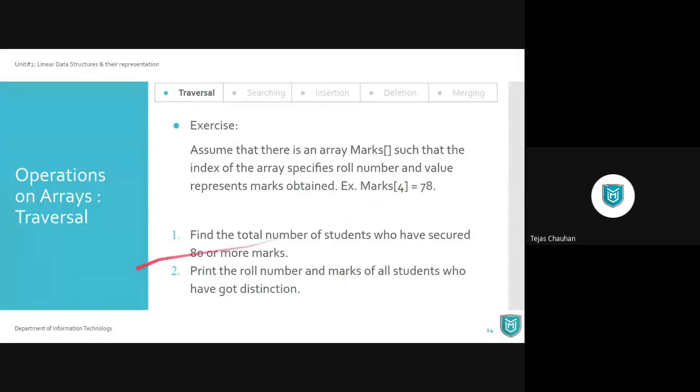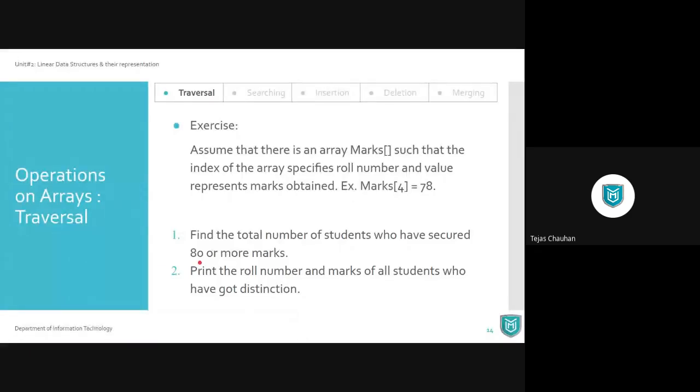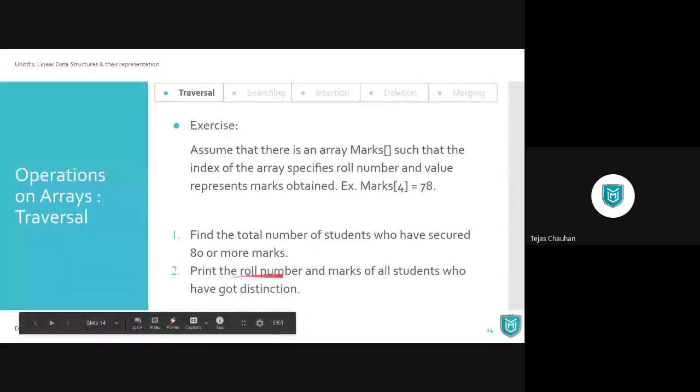Now you need to perform these two tasks. First, find the total number of students who have secured 80 or more marks. You need to traverse the entire array, and when you are processing each element, you need an if-else condition and then a counter. Second, print all roll numbers, which means you print the iterator I index, along with the marks of all students who have got distinction.